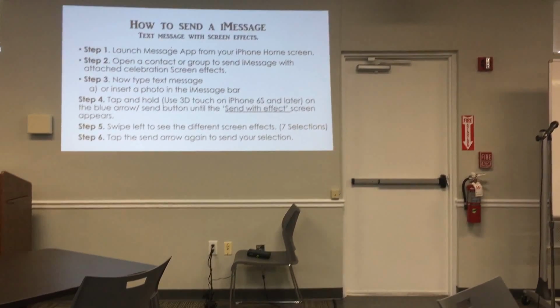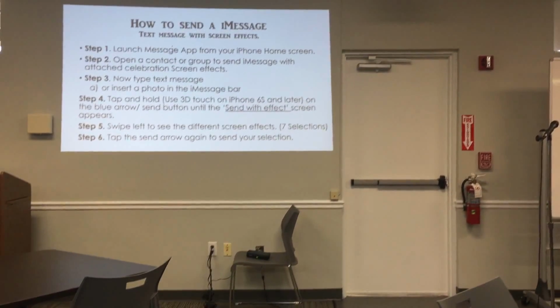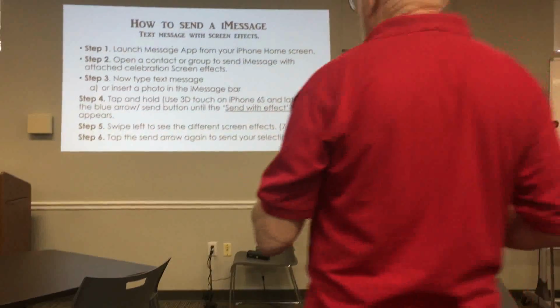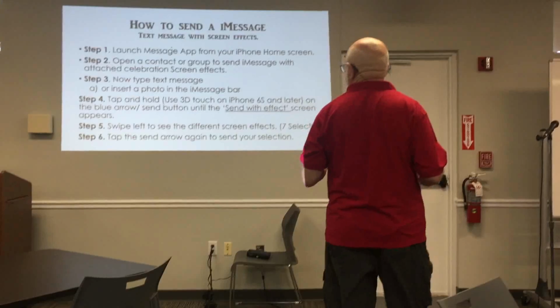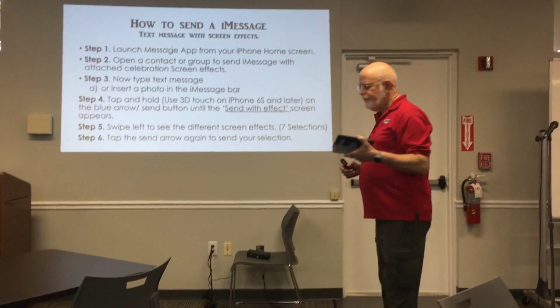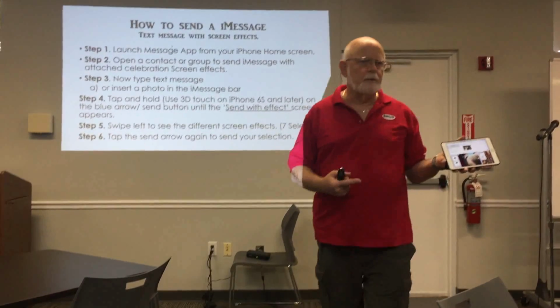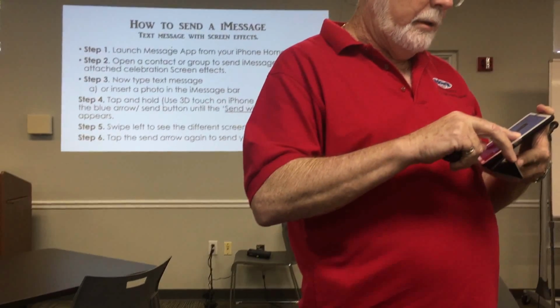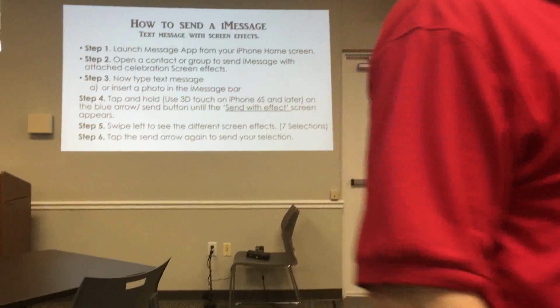Which means touch the little green thing, okay? Then you open a contact or group, so I open up Joyce, and then you type in a text message, and then you tap and hold. So the little blue arrow that points up that says you're going to send it, you tap and hold it. And up comes slam,